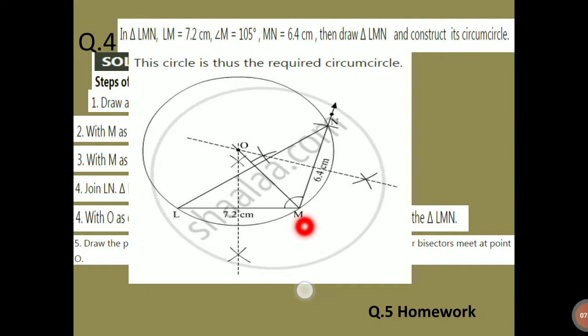Then after that we have to draw the measurement of angle M to N. That is why we create an arc over here. Then we have to join. This will be a triangle. So from here we have to make a perpendicular bisector. This and this will meet over here, and the same over here also, and the center point is over here. So from here you will draw an arc like this. This will be the circumcircle.